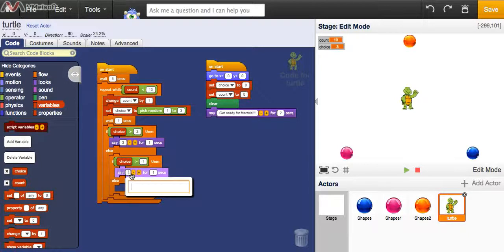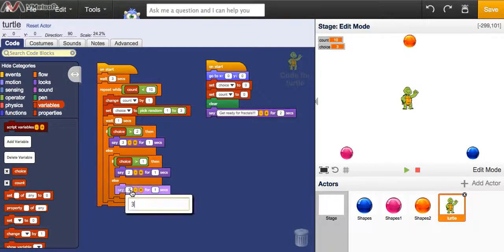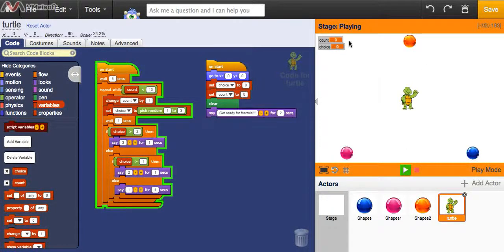And instead of saying 3, we're going to say 2. And then the only option left is if we chose 1, which would be down here. So we'll have the turtle say 1 if 1 comes up. Now if we click go again, you'll see that whatever choice is, the turtle's going to say that number. So choice is 3, 3, 2, says 2,